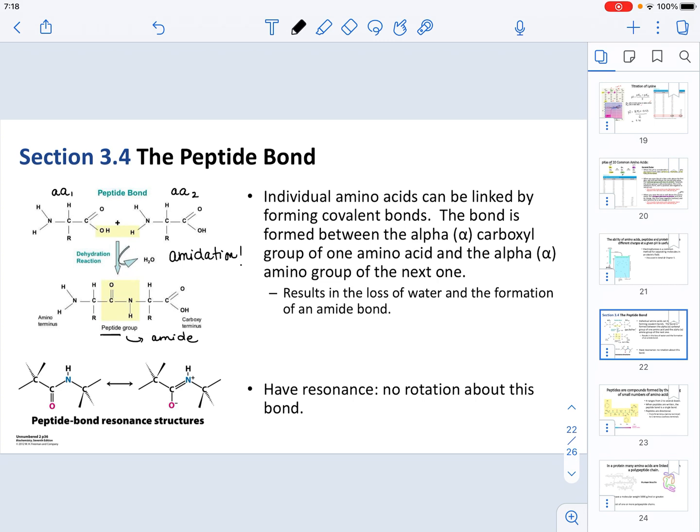And in those reactions that were discussed in previous classes, you understand that having a carboxylic acid and an amine may not be the most advantageous way to produce this amide bond. But understand that in this class, we're talking about biochemistry. The formation of this peptide bond or this amidation reaction